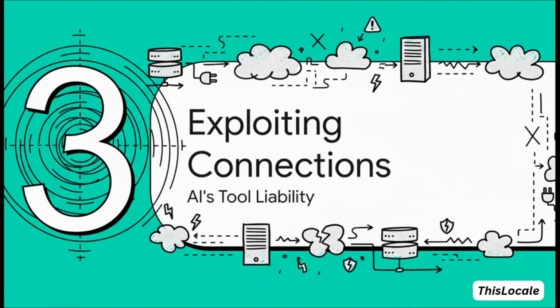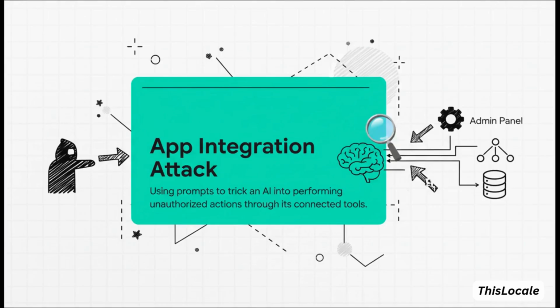Okay, for our final section, we're going to zoom out a bit, because the biggest risks often aren't in the AI model itself, but in this huge ecosystem of tools, plugins, and data it connects to. And when those connections are weak, they become a massive liability. This is where we see what are called app integration attacks. The goal isn't just to get a bad response from the AI, it's to trick the AI into using its authorized tools, like a CRM or an admin panel, to perform a malicious